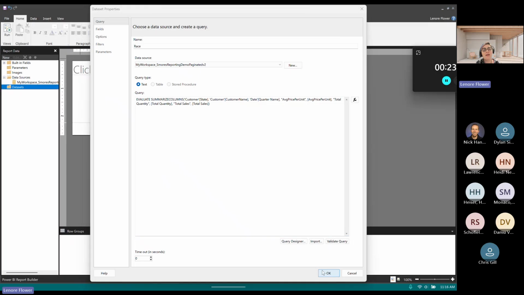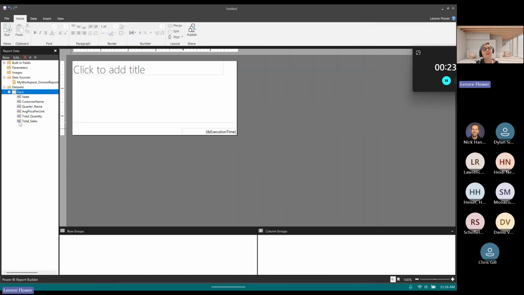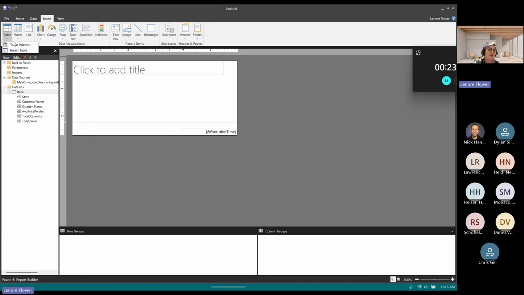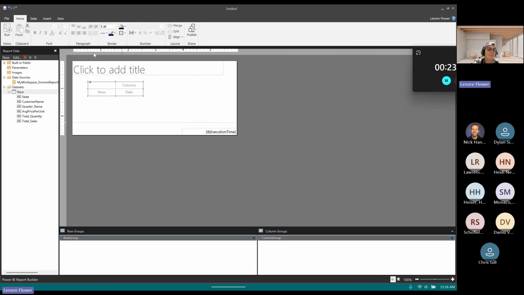Once I hit OK, I have the underlying data available, and I need to create a matrix the same general way that we would in Power BI Desktop. It's going to look a little bit different. We have fewer options available here than what you're used to in Power BI Desktop, but we have everything we need. Here's the matrix. I'm going to choose Insert, and I'm just going to go ahead and get started.